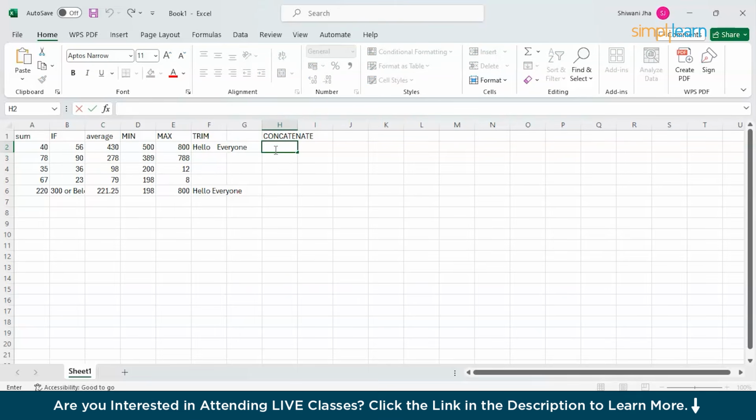Suppose I've written Andrew in this column H2, and here I have written Garfield. Now what if I want to combine Andrew Garfield together? Just by using this concatenate function, I can make it happen. If I want my result to be shown in this particular cell, I'll just click on this, and then in the function bar, I'll just enter the formula, which is equal to